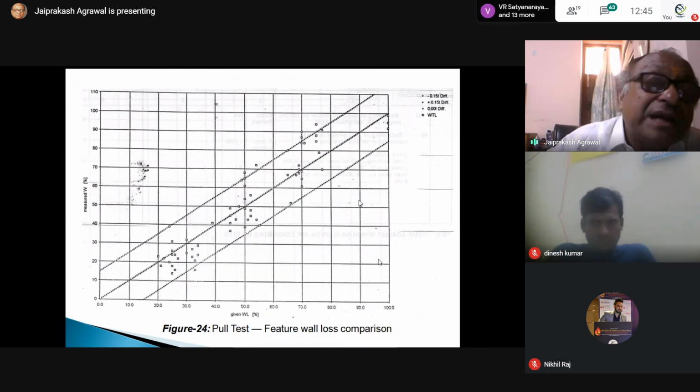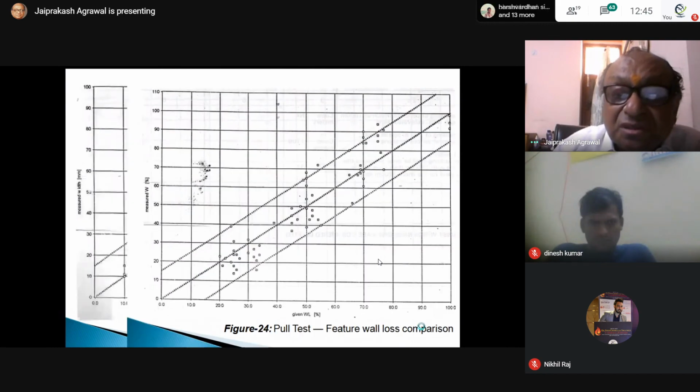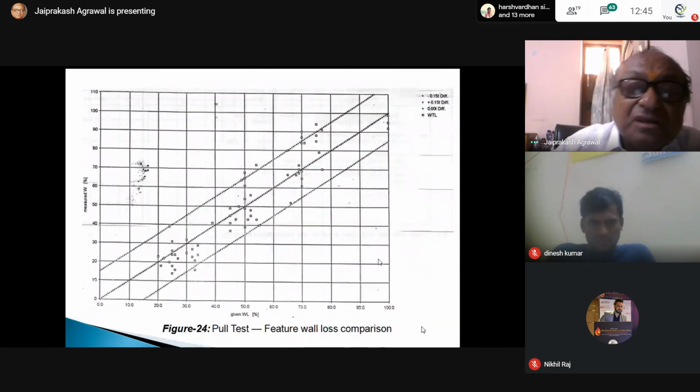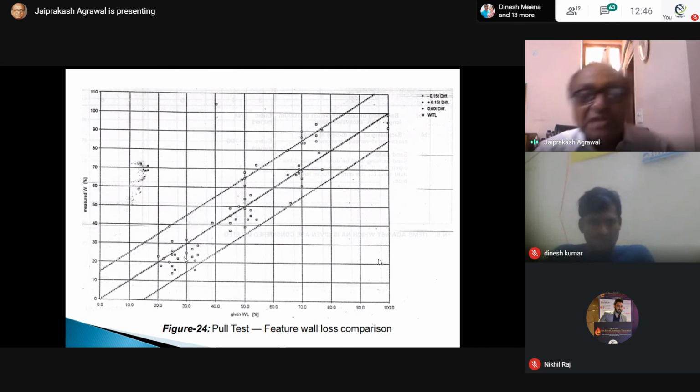Important is about the depth. So this is about the depth, you know, this check. This is the depth. So it is something having minus 15 also. So that way you can have a plus minus 15 mm. It is showing in the minus side. That is whatever it is, that is showing in the minus side. This is outside that zone. So there is some margin of plus minus 10, 15 mm.